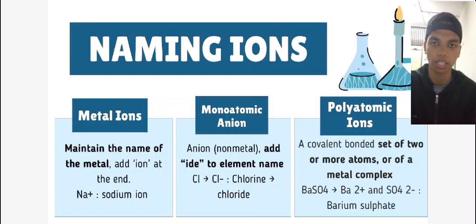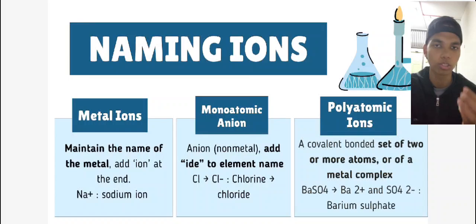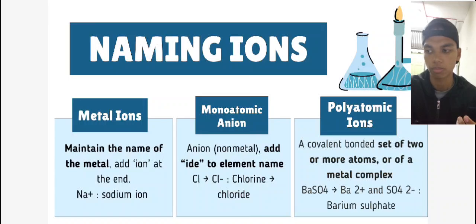So I will take an example like Na+, or sodium ion. It becomes "ion" at the end because, like I said, it just includes metals and not non-metals. Same as magnesium ion, Mg, and also calcium